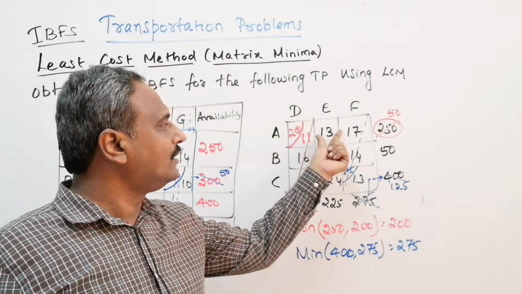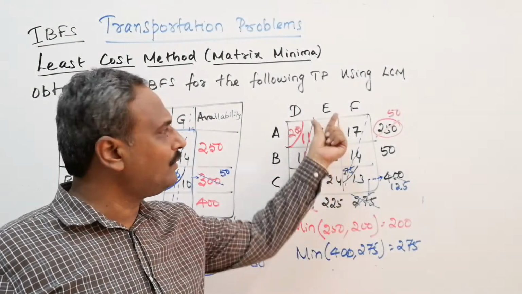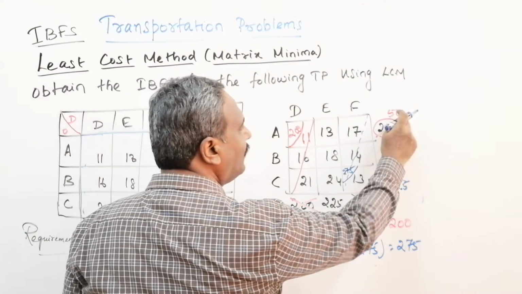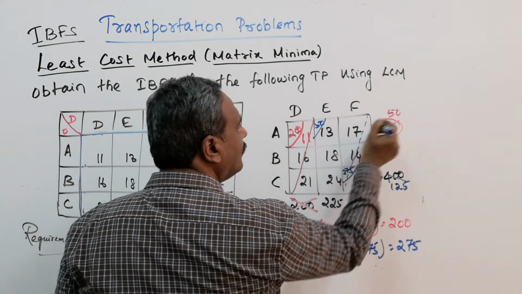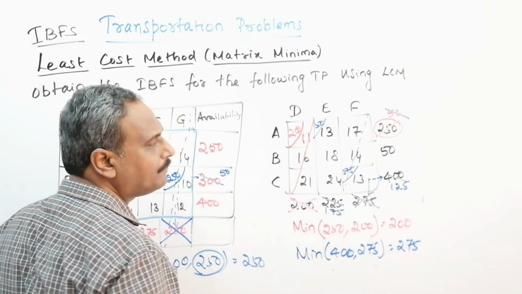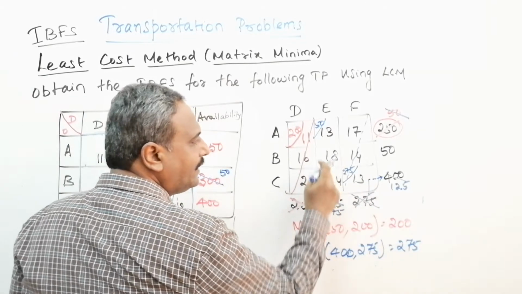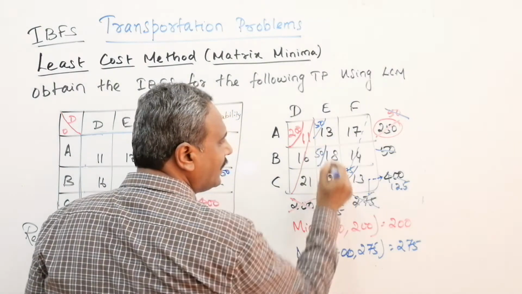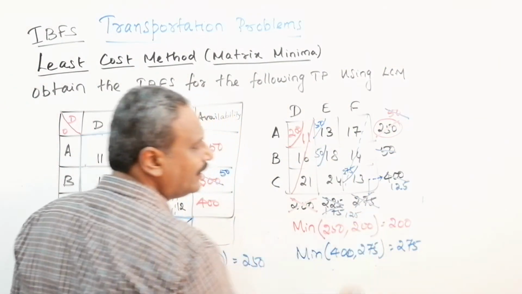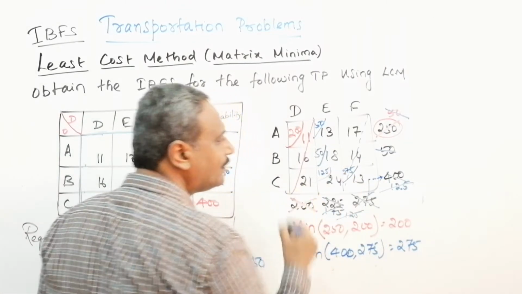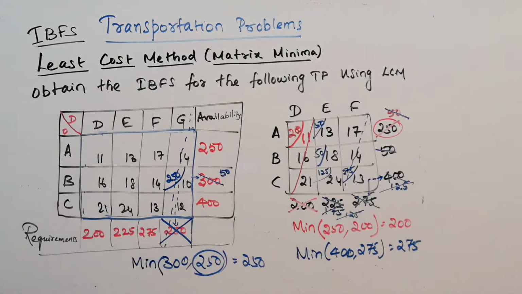Here we have only 1, 13, 18, 24, so I am going to make the allotment directly. When I check, 13 is the smallest value, so I can allot 50. When I allot 50, the balance here is 175. Next, 18 and 24. In 18, I can allot all the 50, so I will have the balance of 125. Here I can allot all the 125. This is how we make the allocation.